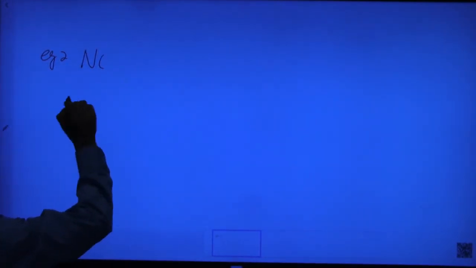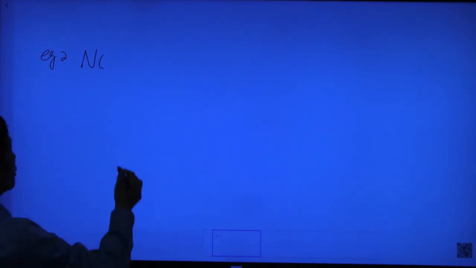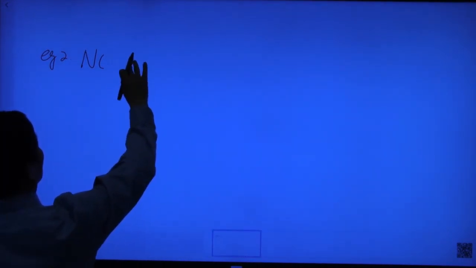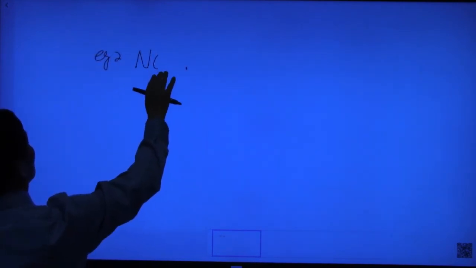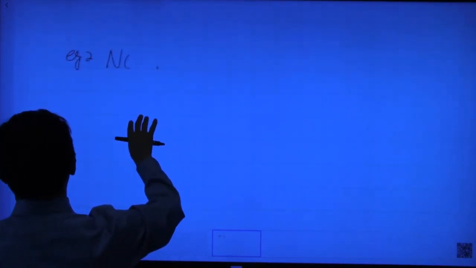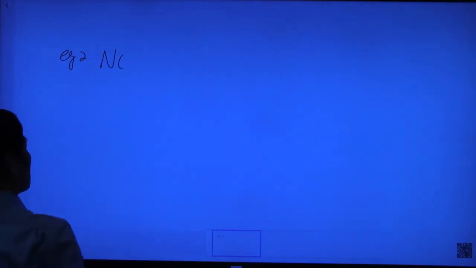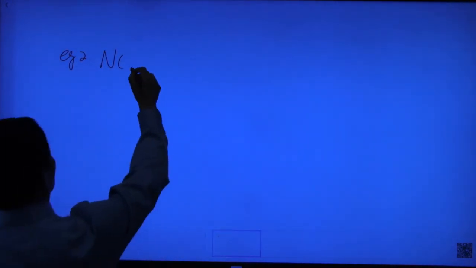We have another example. Example 2. Again, we are given a distribution, it's normal, and we assume the mean equals any number. Equals we can use